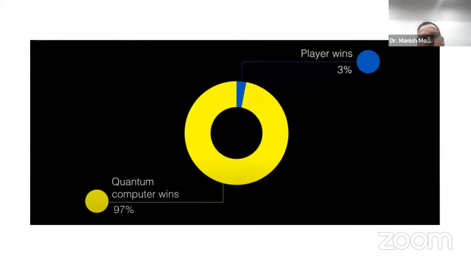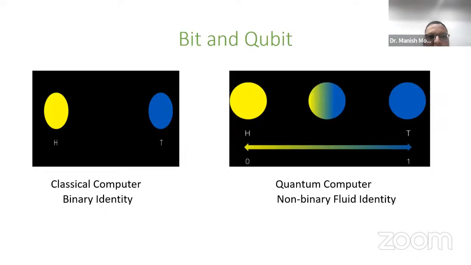So coming back to this game, if the quantum computer plays this game against the user, you see almost every time quantum computing wins the game, right? And why is that? Before that, consider the classical computer. There we have the bit, which represents only one state at a time, either 0 or 1. We can say 0 means head and 1 means tail, so either head or tail. In a classical computer, we get only one of those.